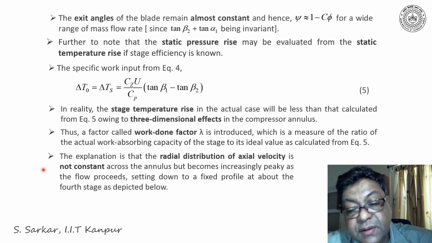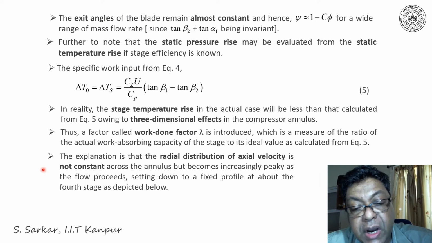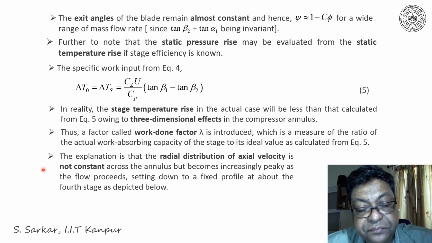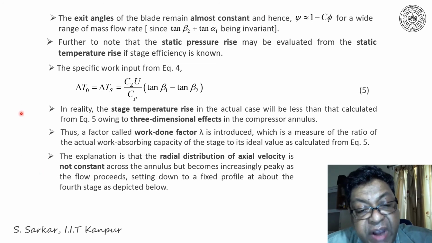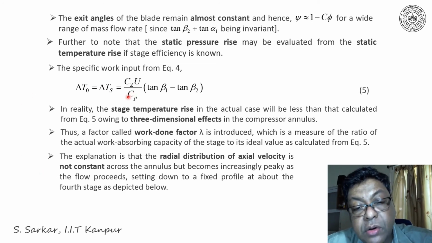This happens because of growth of boundary layer on the hub and the casing. Thus, in a nutshell, a factor lambda will be introduced in equation 5